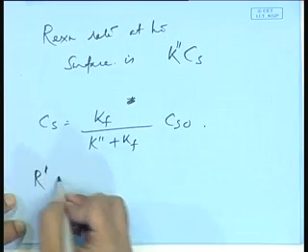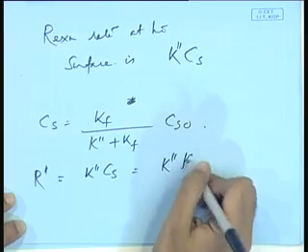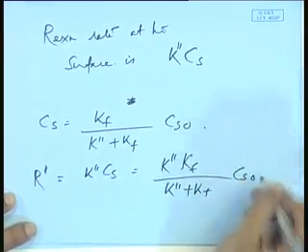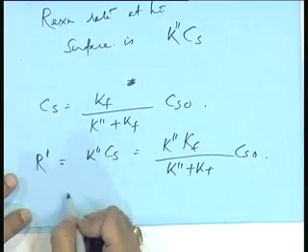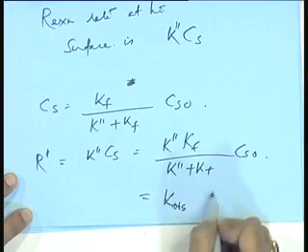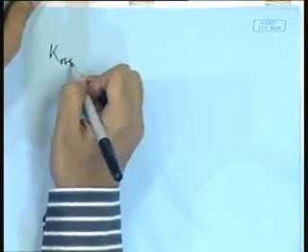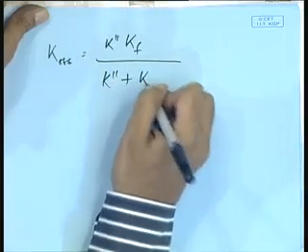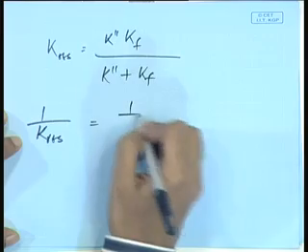So r equals r double prime, let's call that, equals k double prime times cs equals k double prime into kf over k double prime plus kf into cs naught, fine, which means that if you take an inverse again, so this is my k observed times cs naught. So k observed equals k double prime kf over k double prime plus kf, or 1 over k observed equals